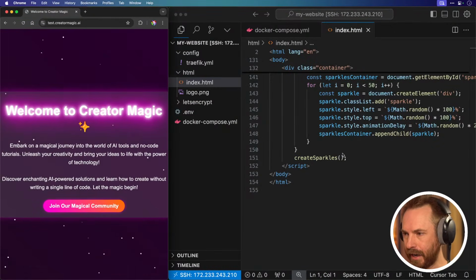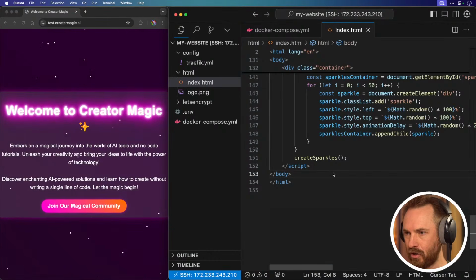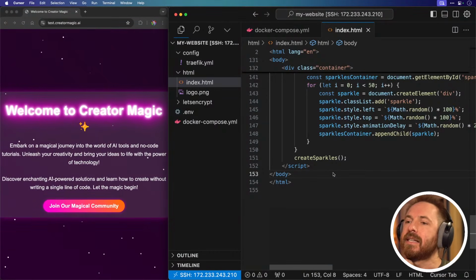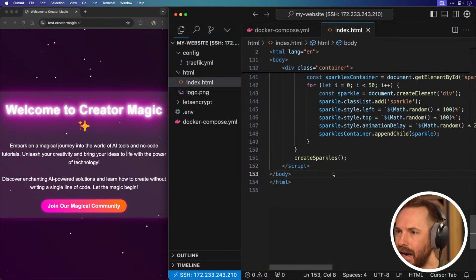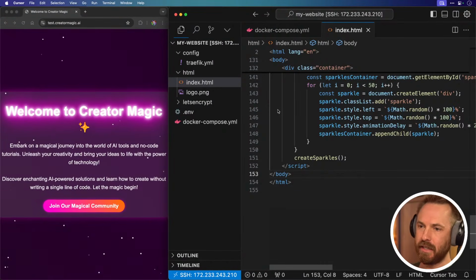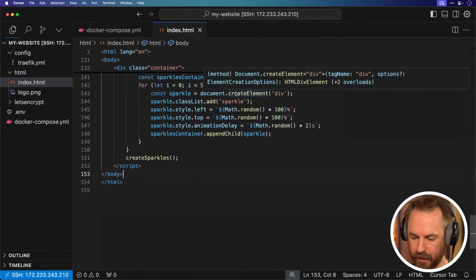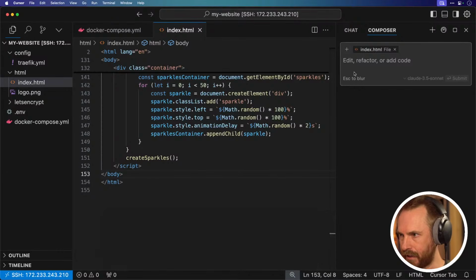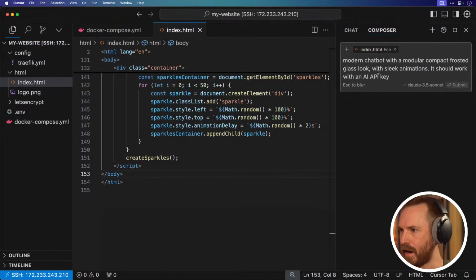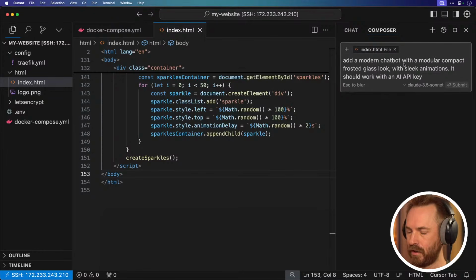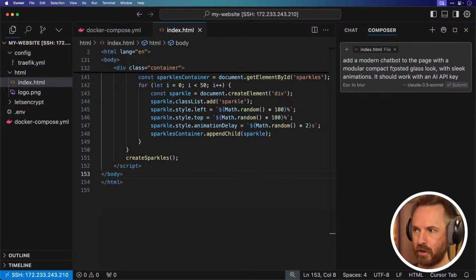Okay, shall we do the chatbot? Let's do the chatbot. So this is going to be rather interesting. I wonder, we might need some kind of back end to make it run, unless we just run it. Actually, this is the point where I'd crack open Cursor Composer. So Command I, and I'm going to say, okay, let's copy your wonderful prompt there, because I think that's great. Okay, so add a modern chatbot to the page with a modular, compact, frosted glass look with sleek animations. It should work with an